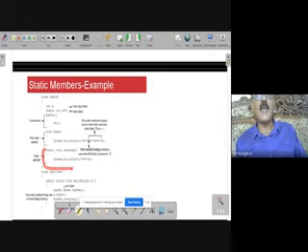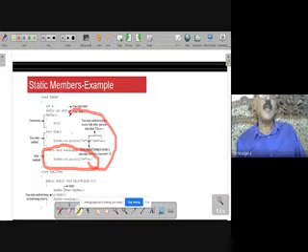However, this one, a static method, is like a house dog. This is the street dog and this is the house dog. A house dog cannot eat and digest street food. It can eat and digest only home food. That means a static method is capable of accessing only static fields.